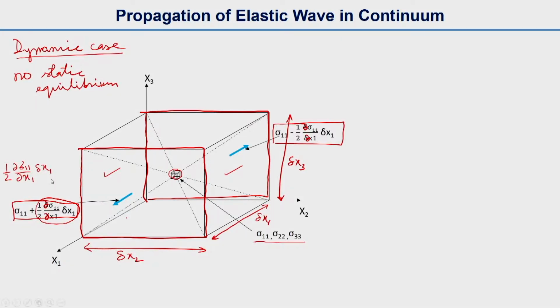And similarly, this has a negative value, the same term with a negative value, in the negative direction. So similarly, if you want to talk about the stresses on this face,